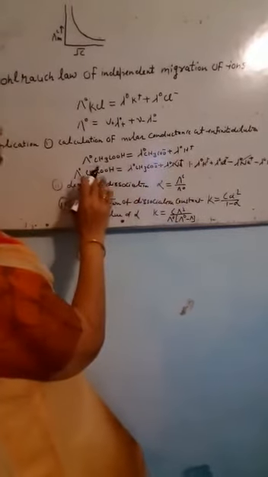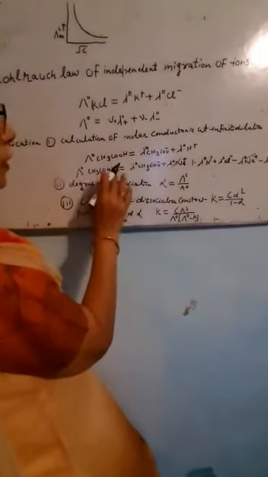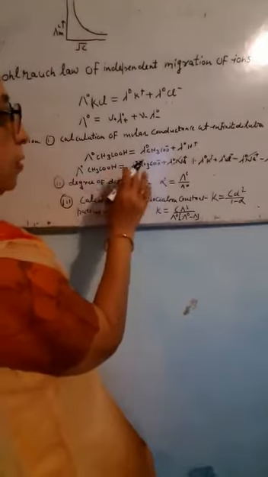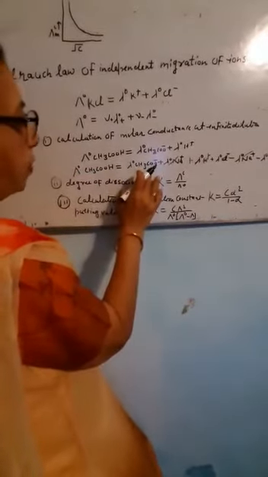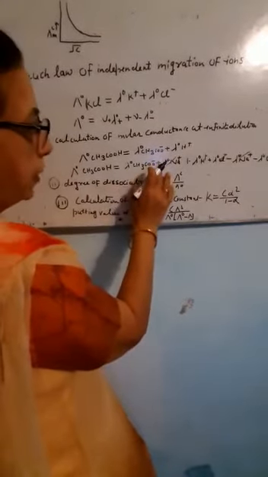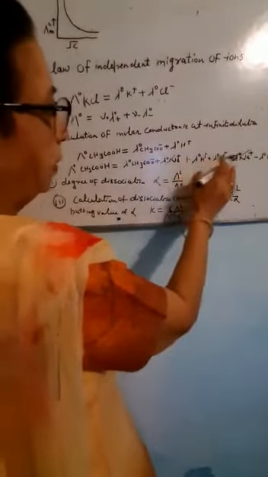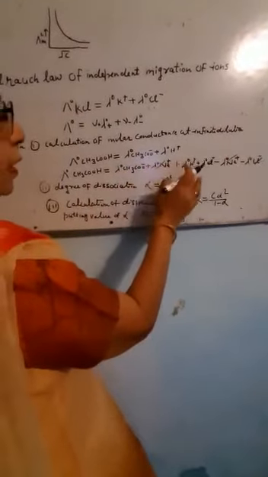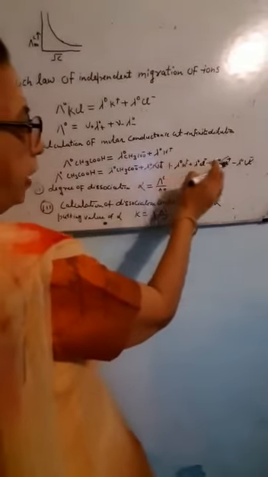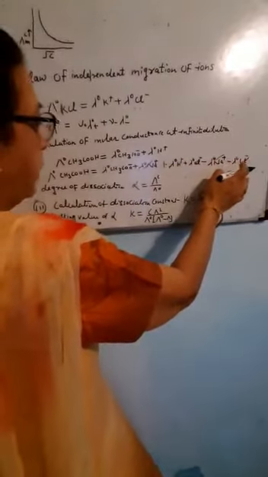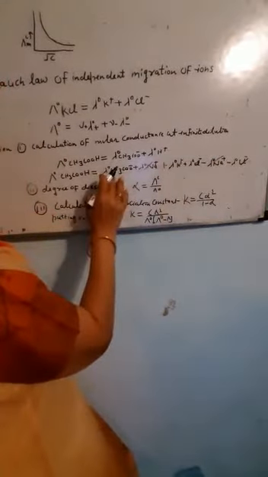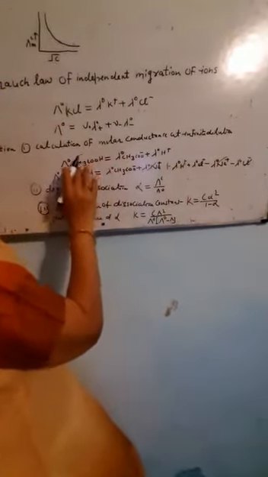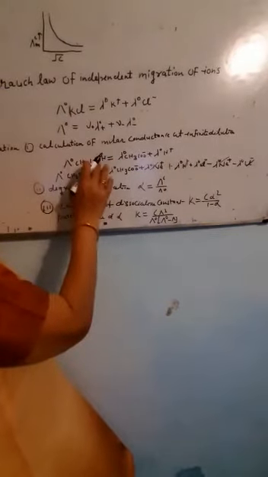Now, if we want to calculate limiting molar conductivity of acetic acid, we will take help of strong electrolytes like sodium acetate, HCl and NaCl. The limiting molar conductivity of sodium acetate is added to that of HCl and that of sodium chloride is subtracted. So we'll get the value of limiting molar conductivity of acetic acid.